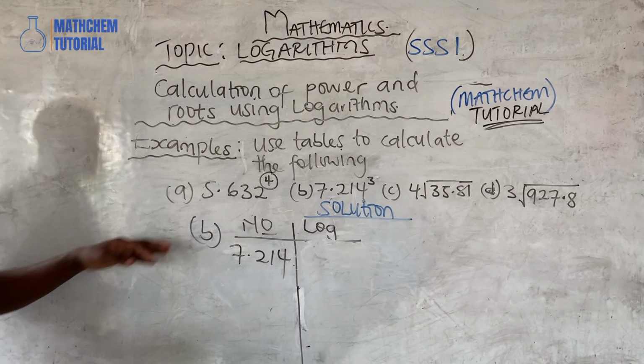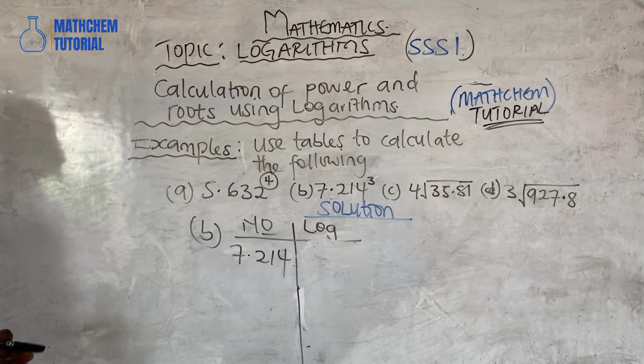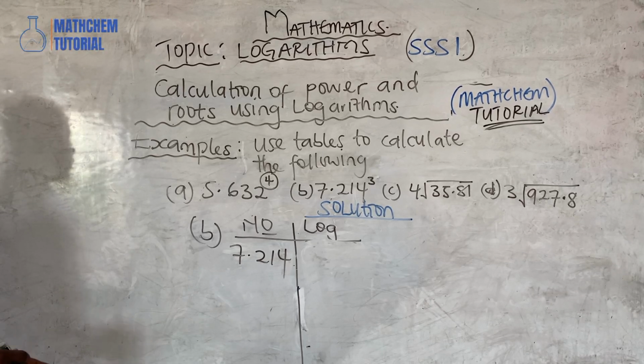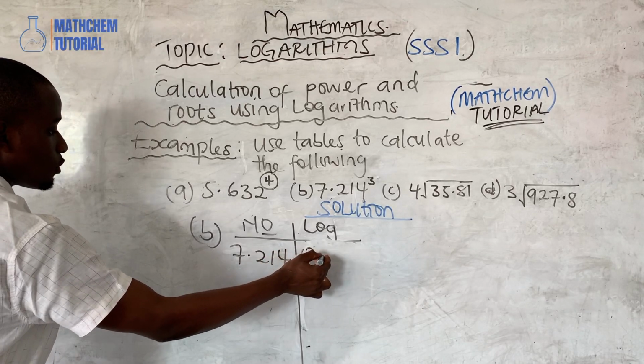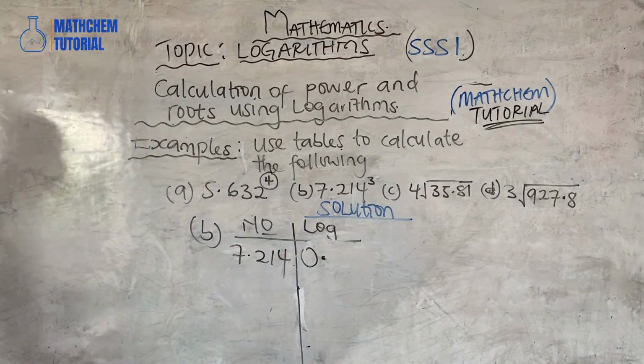So this is the next example. B says 7.214 raised to the power of 3. Now the decimal point is at the normal place, so I'll put the 0 point here. Then what would I check on my four-figure table? I will check 72 under 1 difference 4. 72 under 1 is 8579. Difference of 4 is 2. So I will say